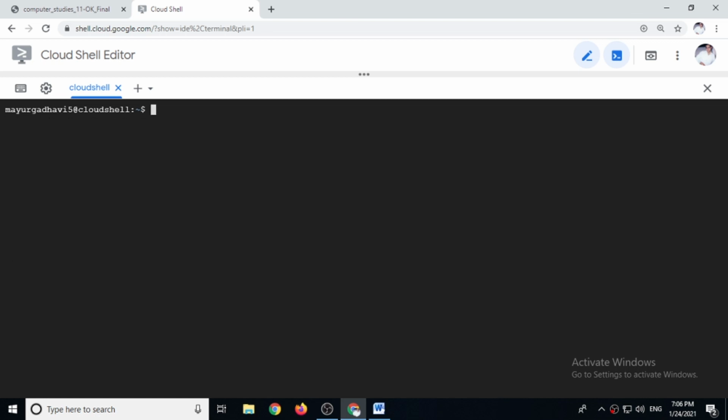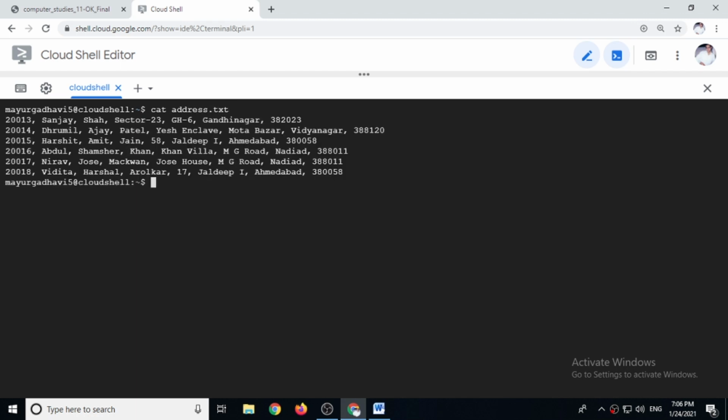Another example, let's see. cat address.txt output. Now let's convert all the characters into capitals using the tr filter.